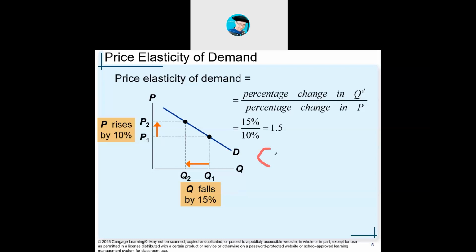That's a parenthesis. I know it looks like the letter C. It's a parenthesis. So it's the new quantity. So P would be Q2 minus the old quantity Q1 divided by the old quantity.